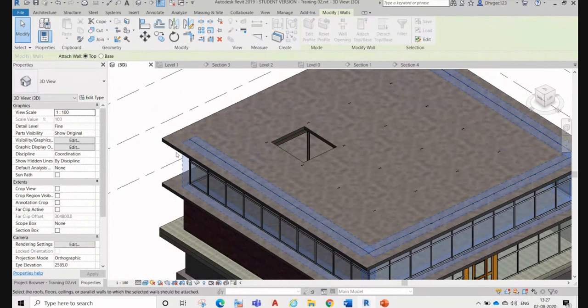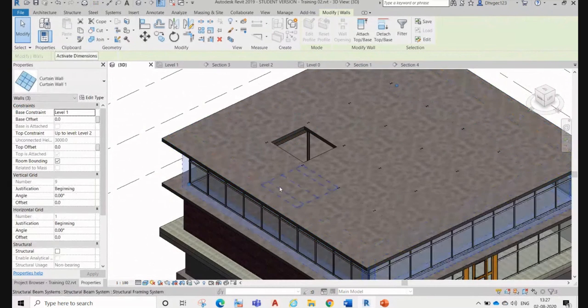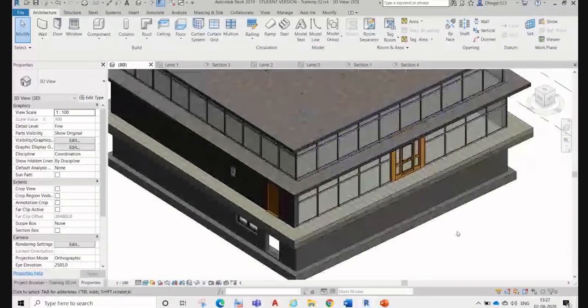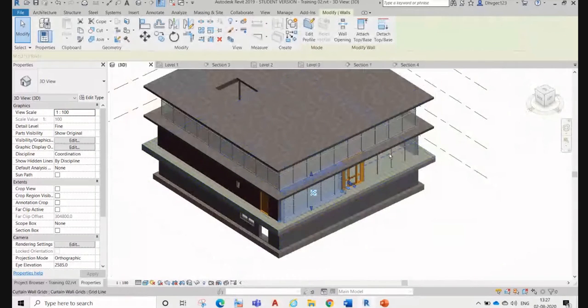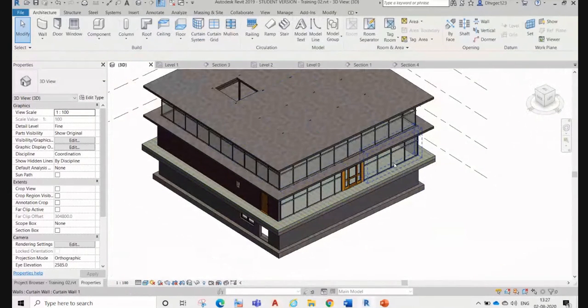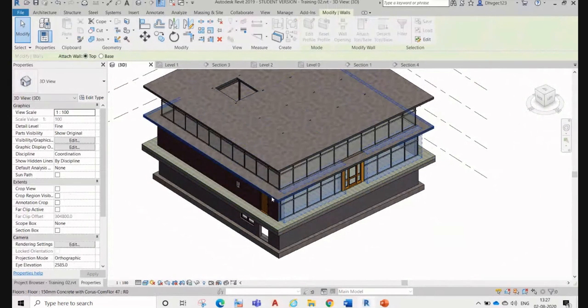Okay, attach to slab. Now the floor. Same with this one. I think yes, we have to do the same with this one. Right, detach, attach with slab.